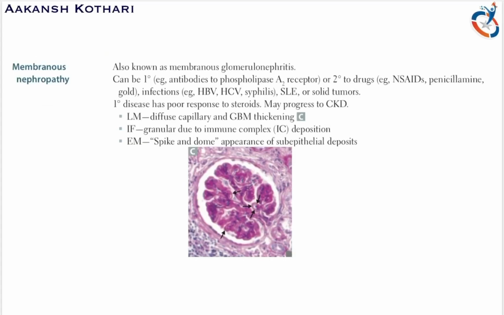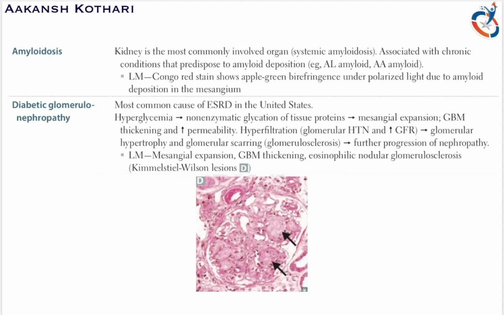Now, let us talk about the last two nephrotic syndrome, that is amyloidosis and diabetic induced glomerulonephropathy. Amyloidosis is in itself a very big topic, and I'll cover it in a separate module of general pathology. But the amyloids are proteinaceous substances which are deposited in various systems. If it is deposited in kidney, which is a common site, it leads to amyloid deposition, that is AL amyloid and AA amyloids. These are various types of amyloids, and it can lead to chronic conditions, that is CKD.